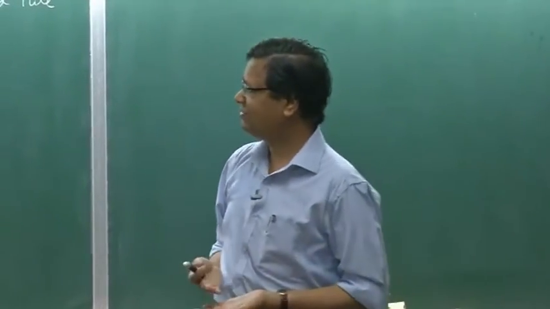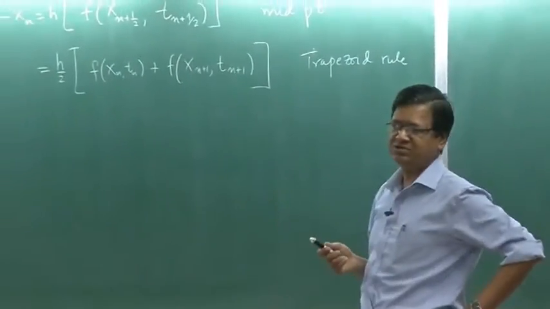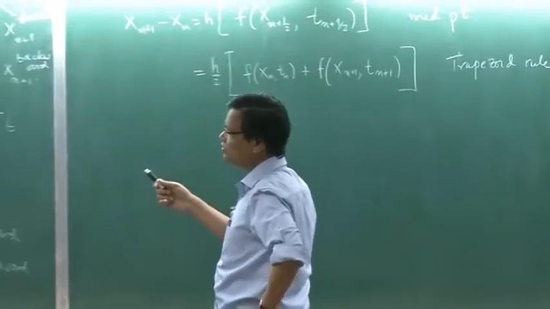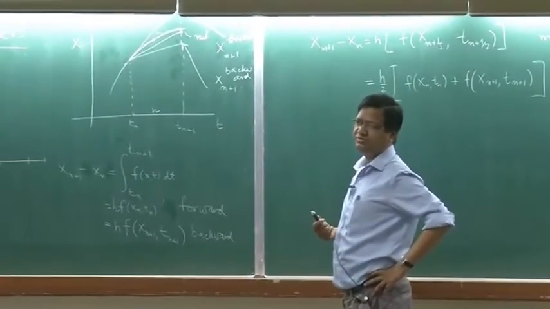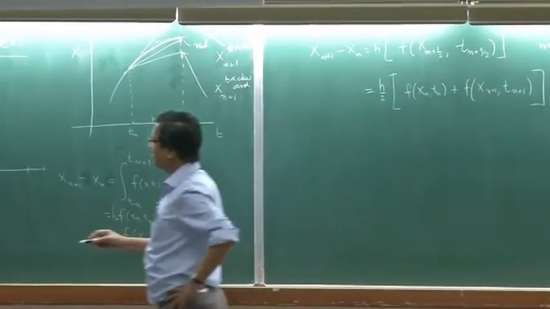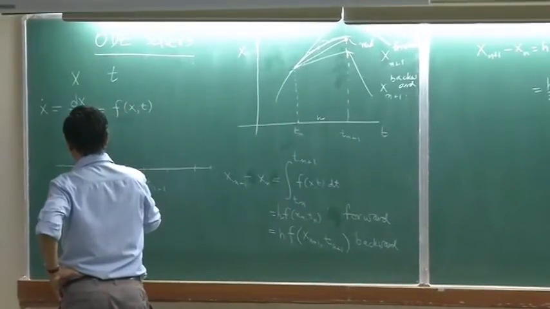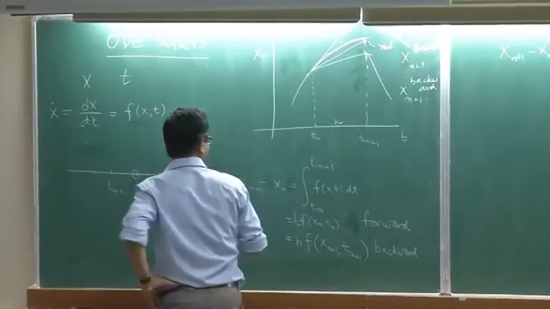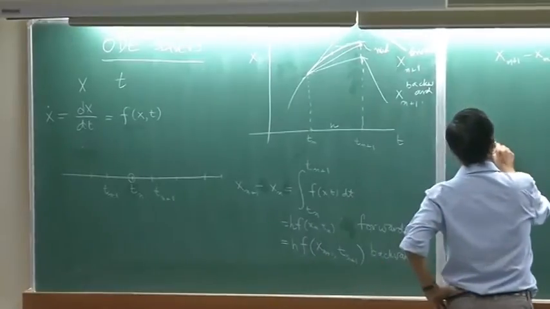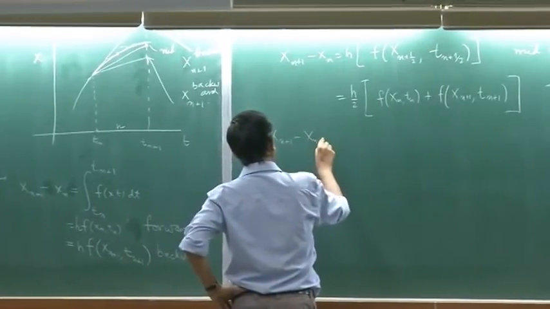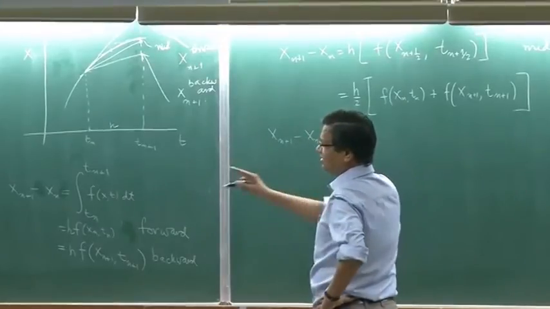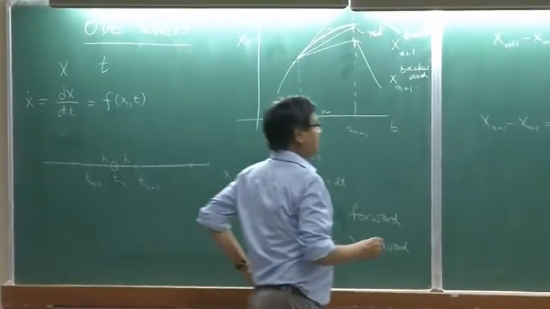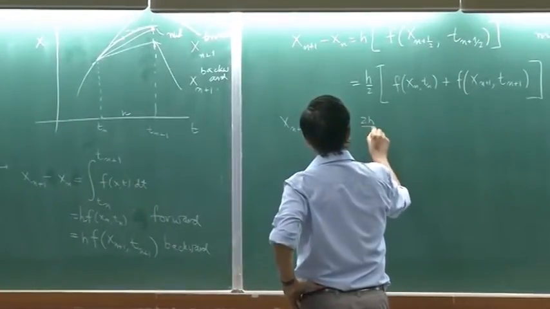Another nice way to say it is, if here I am using only 2 points, this is an integration of the function using 2 points. Suppose I had 3 points. So I have the point t_{n-1} as well. Then I have a better estimate. My integral will be x_{n+1} minus x_{n-1}, and let's imagine that the step is h and h. So 2h. What is this rule called? With 3 points,